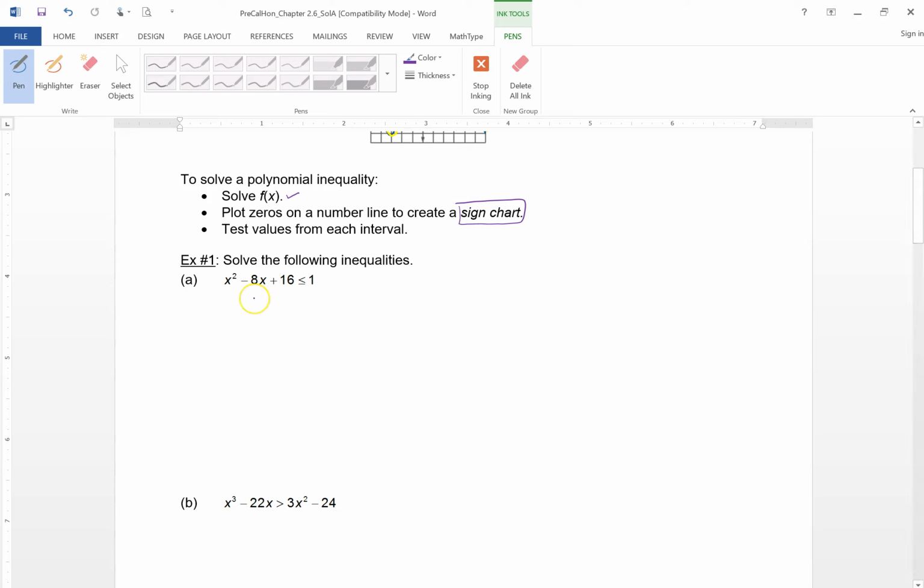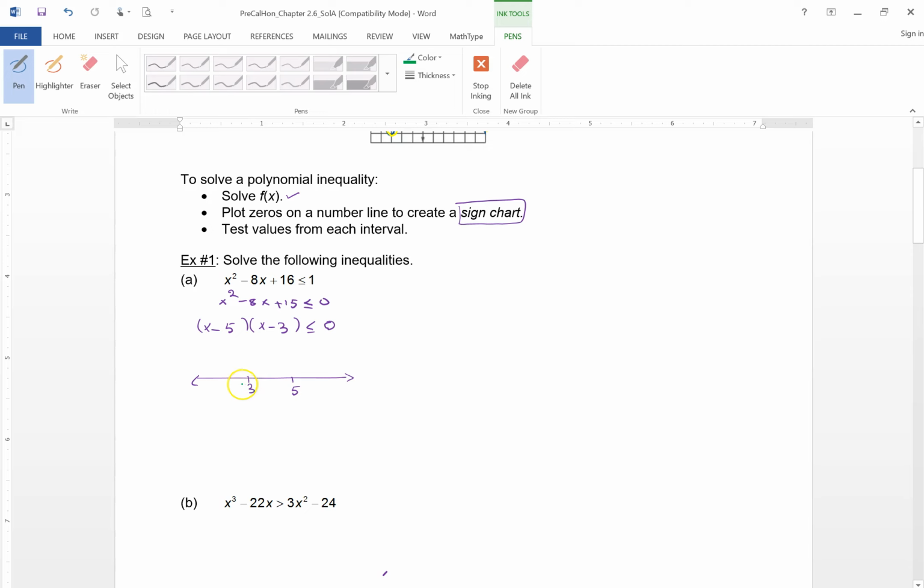So the first one here is x squared minus 8x plus 16 is less than or equal to 1. We're going to bring the 1 over to this side. We're going to factor this. This is going to be x minus 5, x minus 3 less than or equal to 0. Now, the x values that we can extract from this are 3 and 5. And we test values from each of the regions here. So for example,